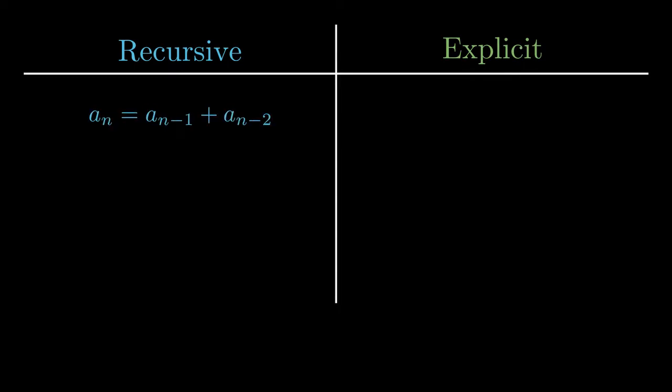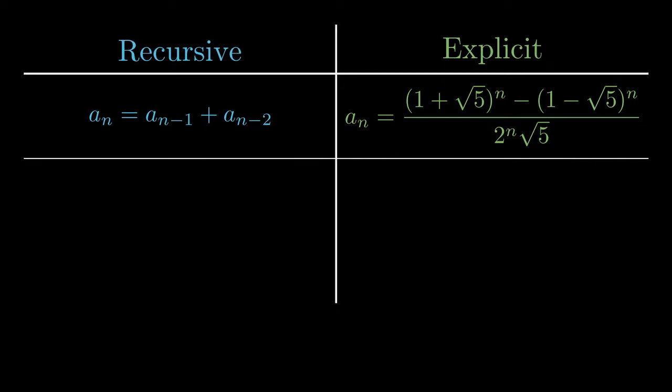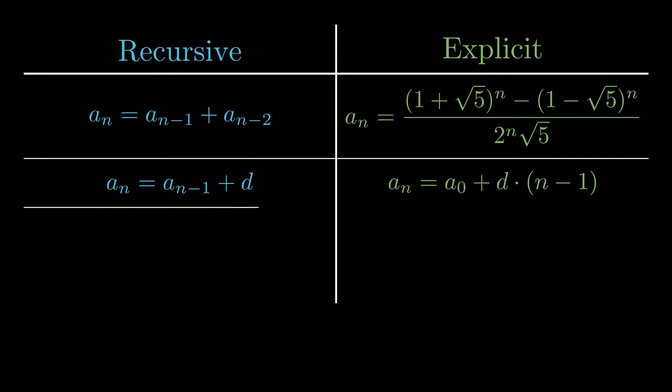Let's take a look at some recursive formulas we know and their explicit counterparts. First, we have the Fibonacci sequence, where each term is the sum of the previous 2. The explicit formula is pretty messy, but here it is anyway. Next is the arithmetic sequence, where each term is the previous term plus a common difference d. We note that the explicit formula for each term is a0, the first term, plus the common difference times n